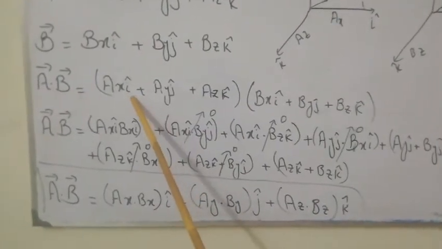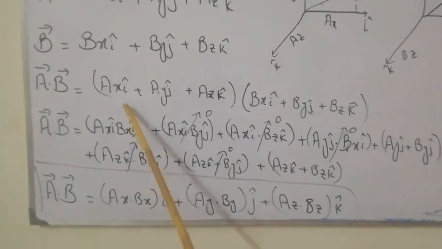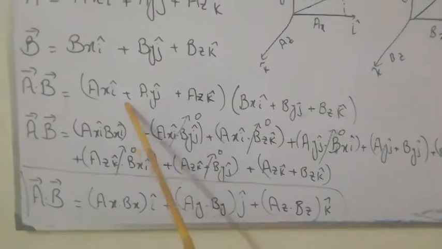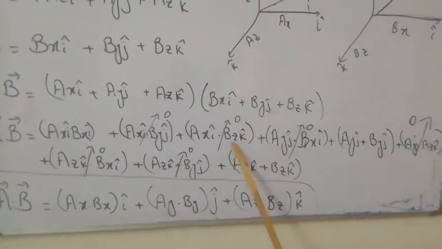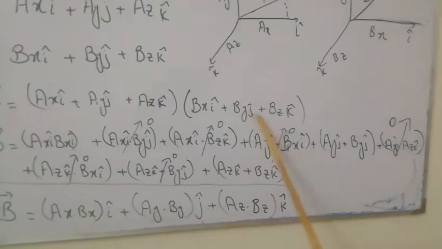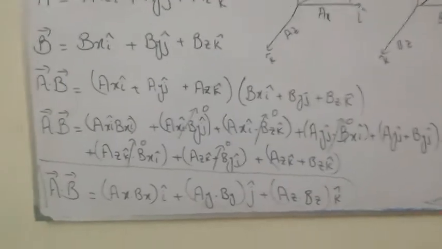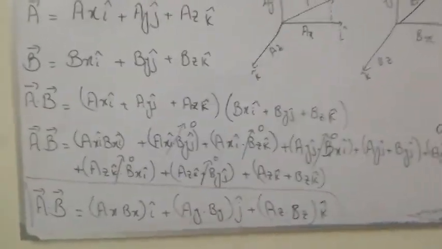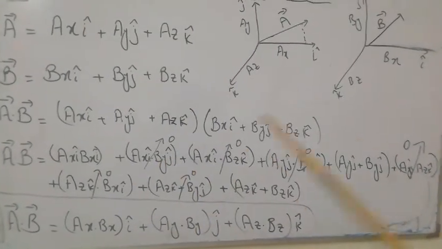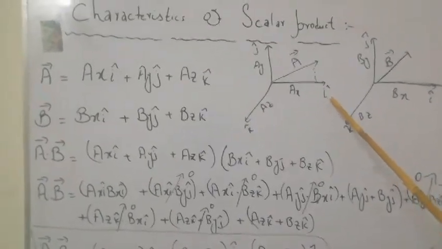That is, Ax we multiply with Bx. So Ax unit vector I, Bx unit vector I. Then Ax with By, then Ax with Bz. Similarly, Ay multiplies with all the components, and then Az multiplies with all the components. But as we discussed in the previous slide, when I multiplies with the same I in a dot product,